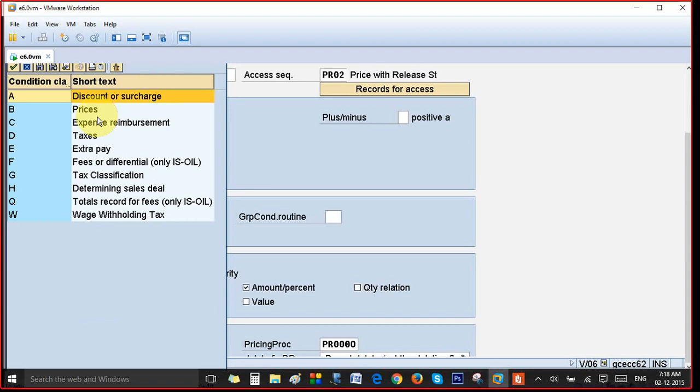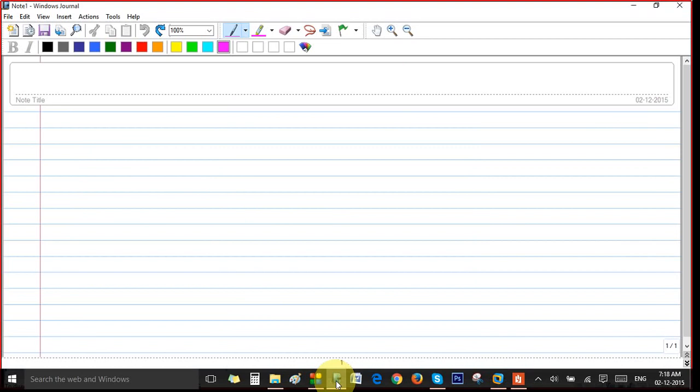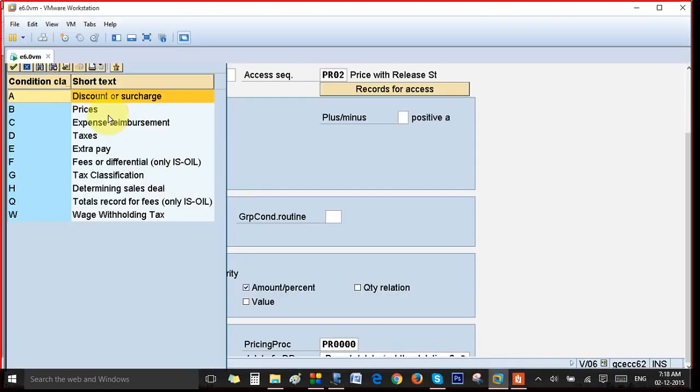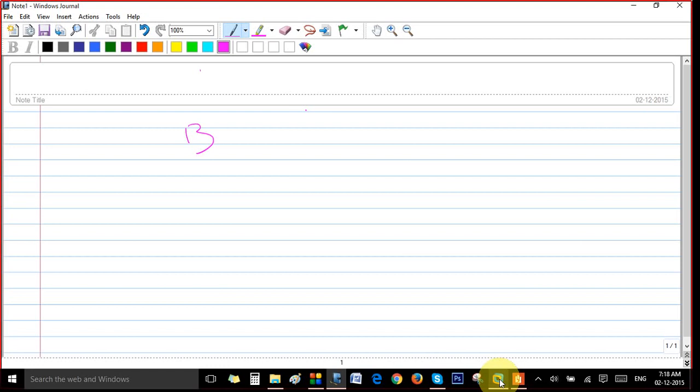So it would be like this. If it is B, B is for price, you can see here. So B is for prices. In the same way we have A and we have